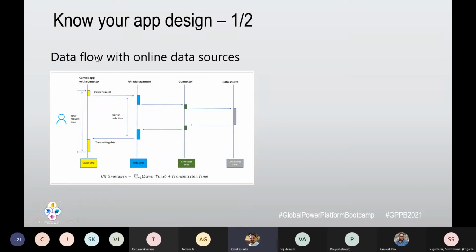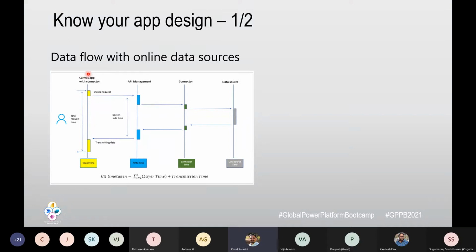This is an example of how the data is flowing from the client application Canvas to the online data sources. When we say online, it means SharePoint, OneDrive, any of the Office 365 services, or Azure services.